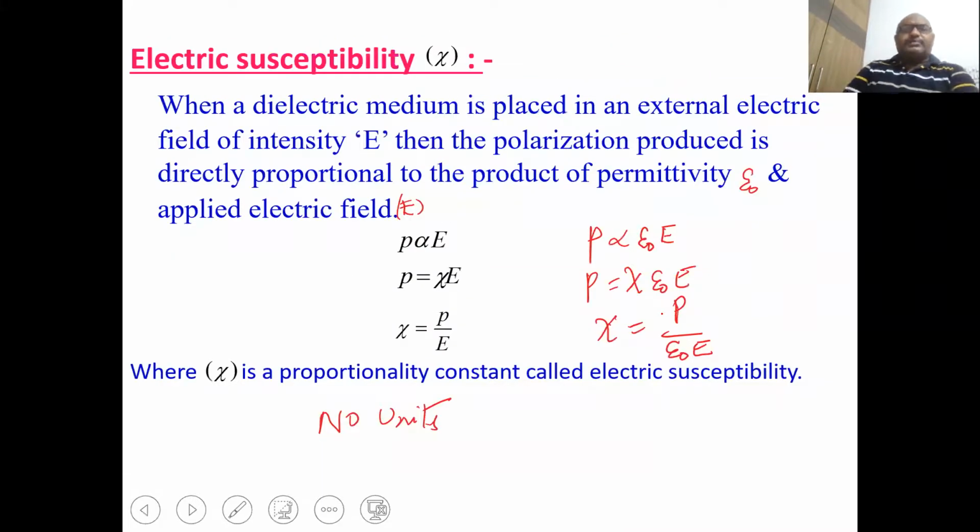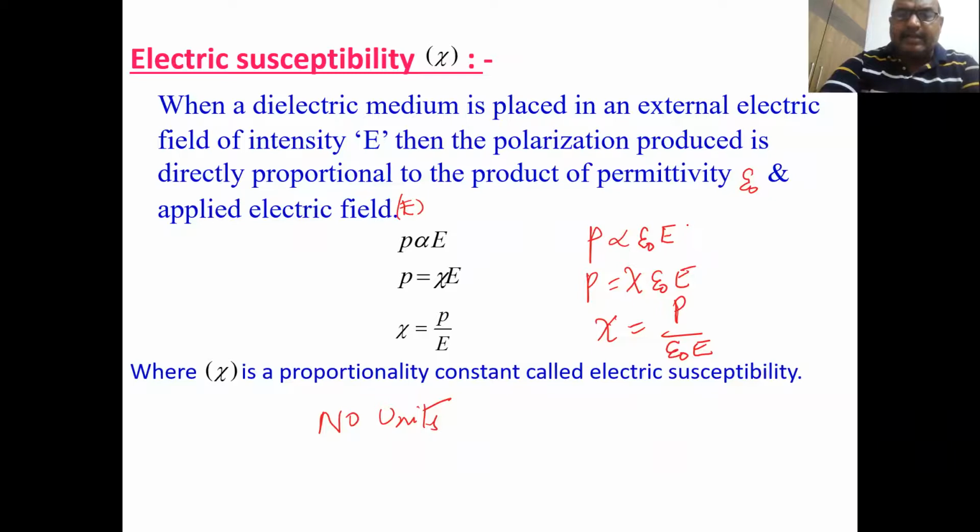What is susceptibility? Susceptibility is chi. When a dielectric medium is placed in an external electric field intensity E, the polarization produced is directly proportional to the product of the permittivity of free space and the applied electric field.